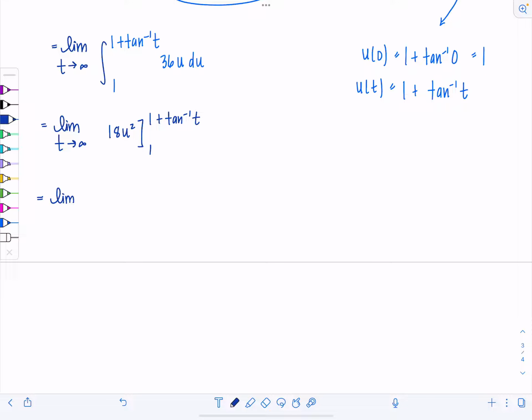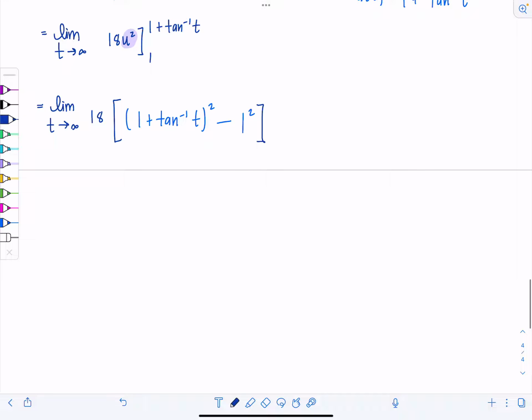Now we have limit t goes to infinity. Keep the 18 outside, please. And then I'm going to substitute in my limits of integration for u. So we'll have 1 plus tan inverse of t squared minus 1 squared, like so. Okay, so now as t approaches infinity, most of the terms here are just constants, right? 18 is a constant, 1 is a constant, this is a constant. So really all I need to do is figure out what is the limit as t approaches infinity of tan